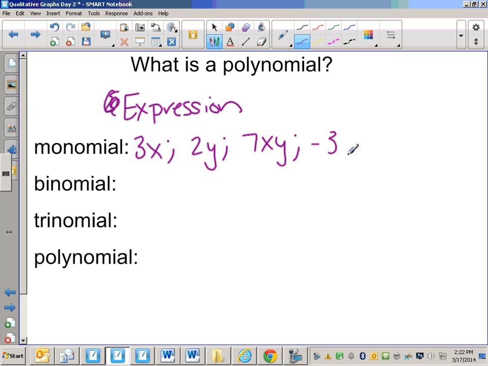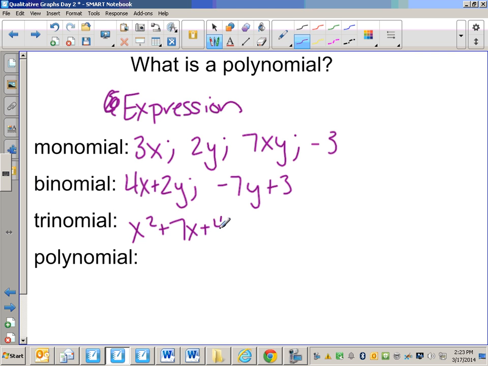A binomial, just like a bicycle has two wheels, a binomial has two terms. So something like 4x plus 2y or negative 7y plus 3. All right, a trinomial, same idea, just like a tricycle has three wheels, a trinomial will have three terms. Something like x squared plus 7x plus 4, or x squared y plus 3xy plus y, would also be a